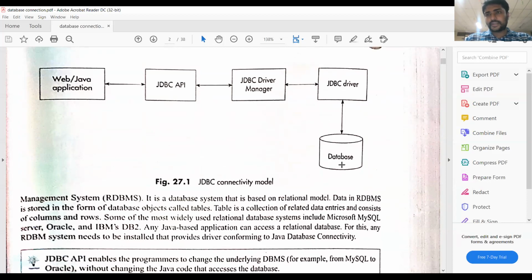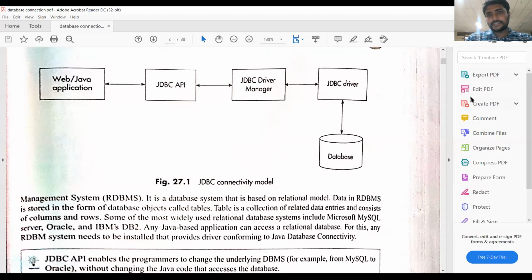That means if you want to create the tables, you will go to any database and start with create table name. You will write the queries in the database client. So here we are writing the queries in the Java program itself. If you want to retrieve the information, we can write the Java program. We'll give the queries in the Java program.